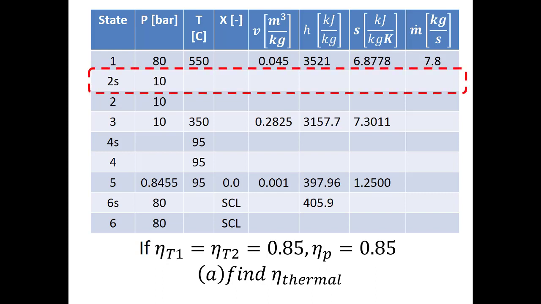So if I'm trying to find state 2s, it looks like I only know one independent property, well, I guess it's always independent if I only know one piece of information, right? But I only have one intensive property here. But I know, because 2s means the isentropic outlet, that I also have the same specific entropy at the outlet of the ideal turbine as I did at the inlet of the ideal turbine. So now I know the pressure and I know the specific entropy.